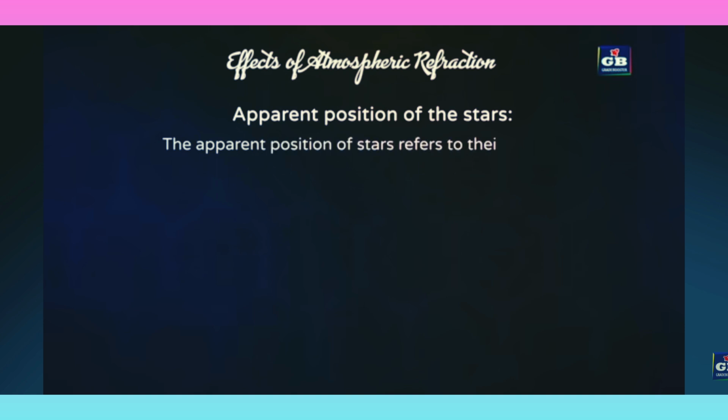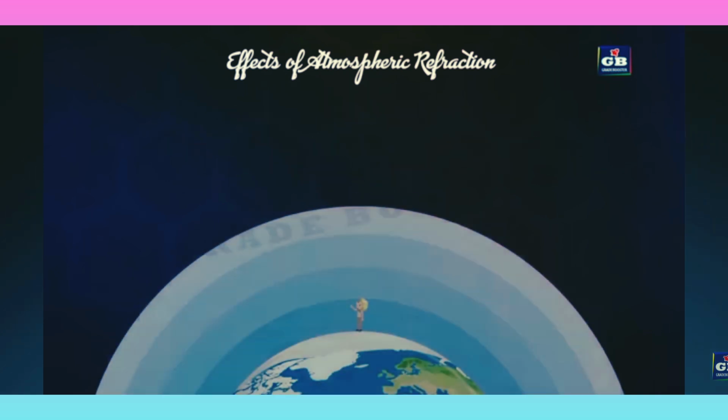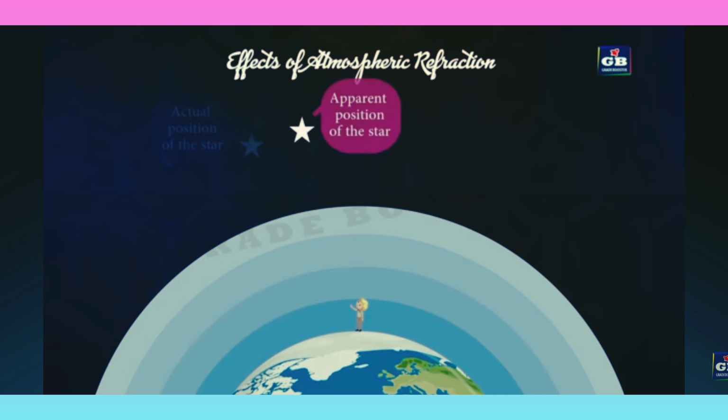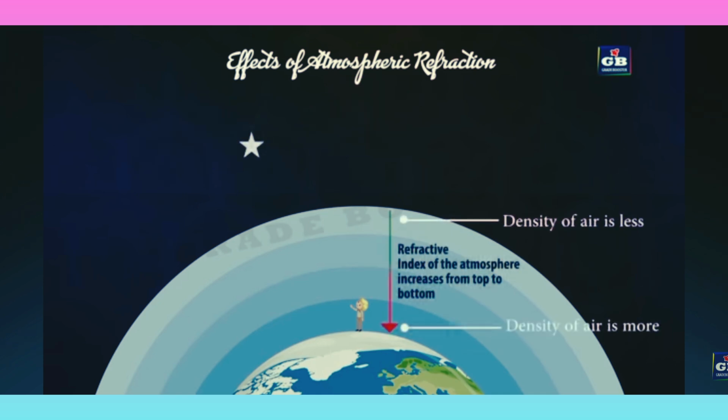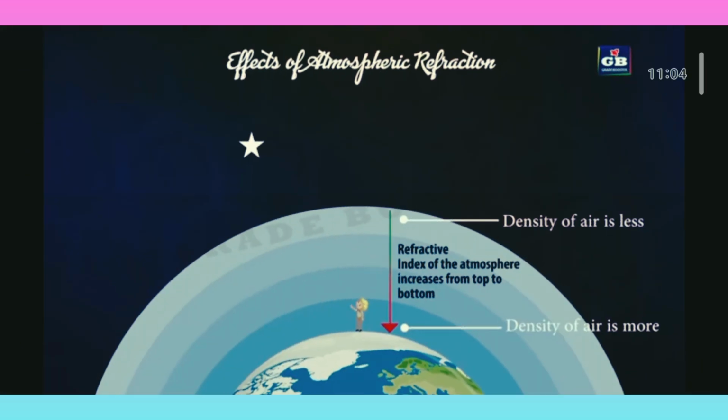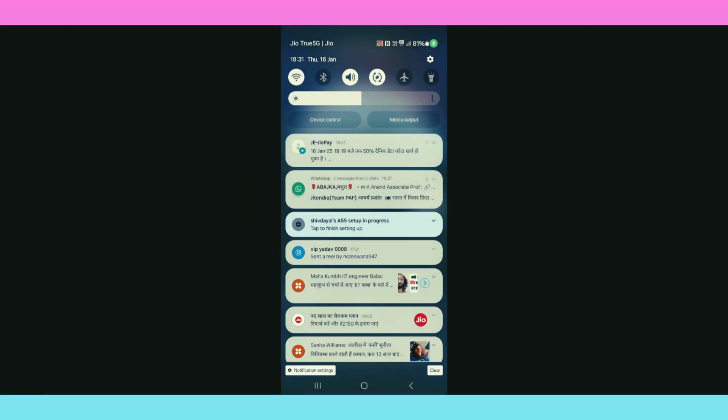The apparent position of stars refers to their observed location in the night sky. This is the original position of the star. But due to atmospheric refraction, it appears to be at another position which is called as apparent position. The density of the air near the Earth is more compared to the density of the atmosphere towards the space. This makes the refractive index of the atmosphere